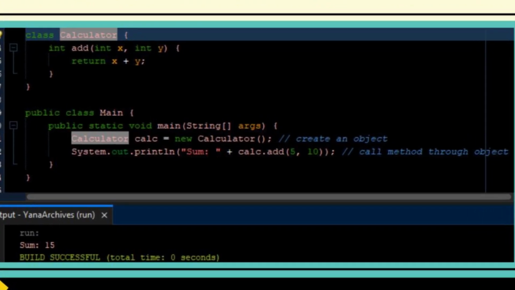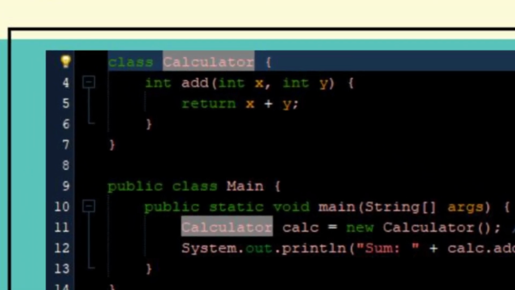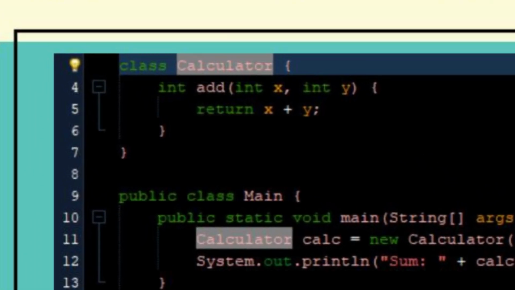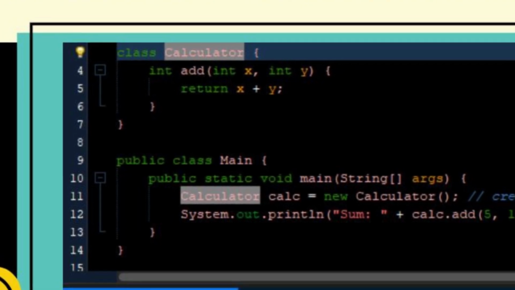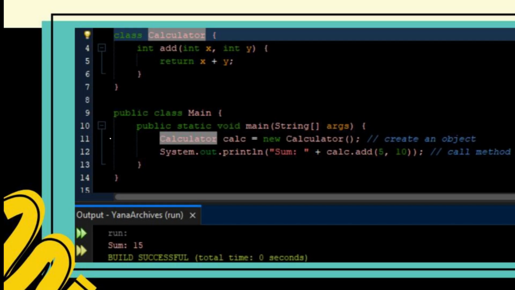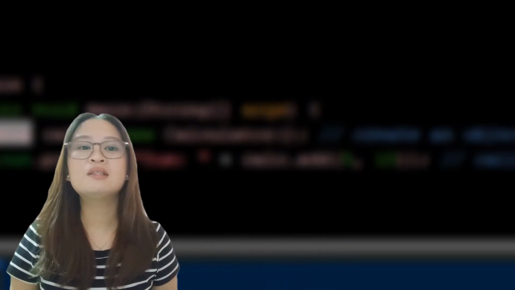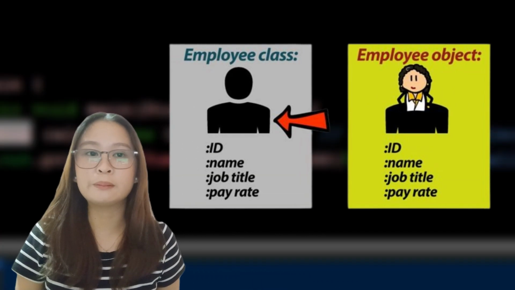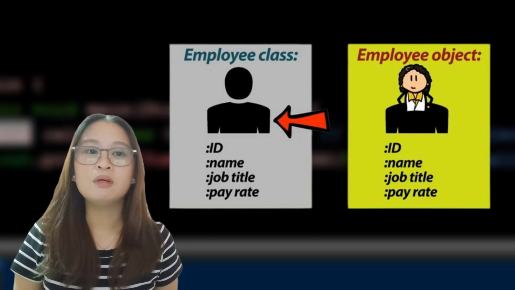So here we have the same code, but this time it is in the object-oriented version. In the object-oriented version, we first create a class called Calculator. Inside it, we put a method called add that knows how to add two numbers. In the main program, we make an object of the Calculator class and then use that object to call the add method. This action is what we call instantiation, or making a constructor. This is object-oriented because the data and the behavior are grouped together inside the object, making the program more organized